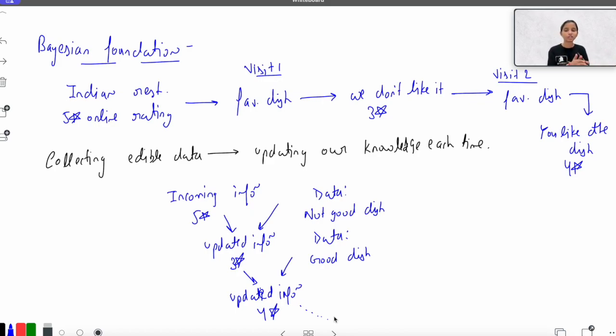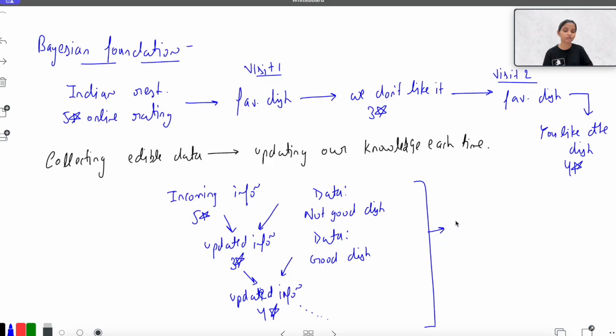So by change, when I usually start, I say that change. That's the change that we are seeing. We are collecting the data and gathering the information, and then we are updating our information as we collect the data. As you do more and more visits, you'll be getting more experiences and you are updating your information. Now let's see this point in some other scenarios, that this is actually the natural Bayesian